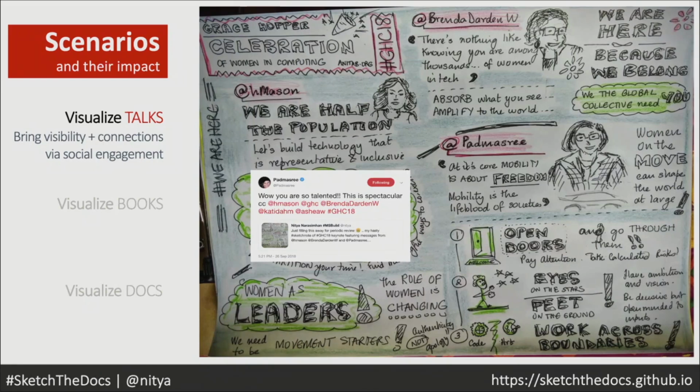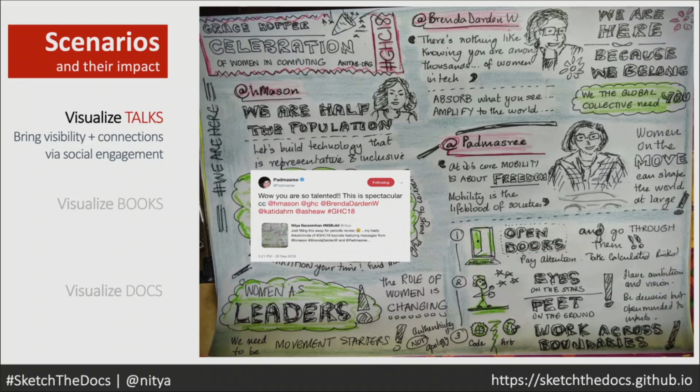And when I was done, I posted it. And she saw it, picked it up, tagged all the influential people who I was talking about, and it got a lot of traction. So by using sketch notes, you can actually create visibility for yourself in these kinds of environments. And this is super important when you think about times like now when we're socially distanced. We're trying to connect even though we're not physically in the same room. It's a great way to amplify your presence. But more importantly, the minute I posted this, other people started engaging with me on the thread. Because not only was this a visual thing that immediately grabbed attention in a sea of Twitter text, it actually represented what I thought of the talk.